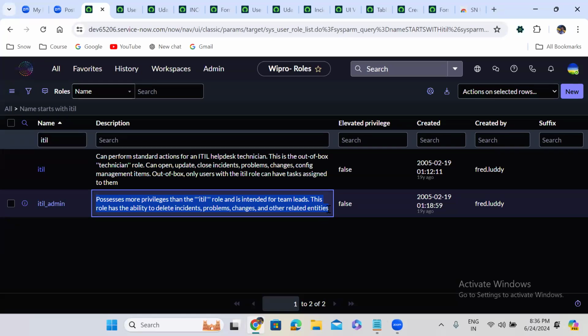Got it, right? Yeah. So as an admin, we will get the ITIL, but if we for